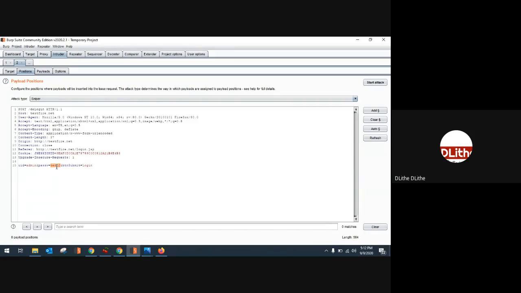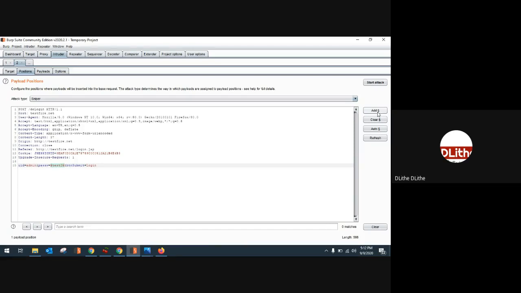Only select that test2 word and then click on add. What this will do is make test2 a placeholder, so that we can automate and give a list of possible words onto this placeholder and try various combinations. That's what we are doing here. As simple as that.